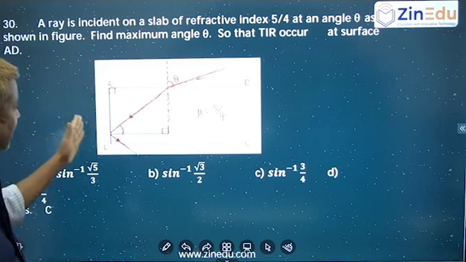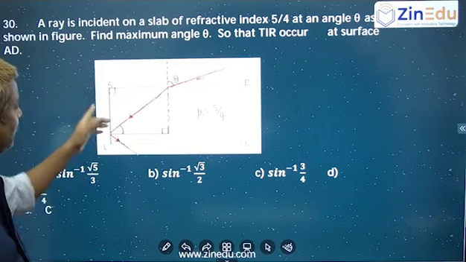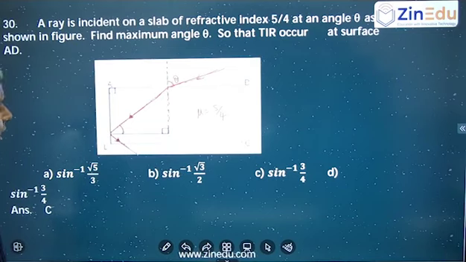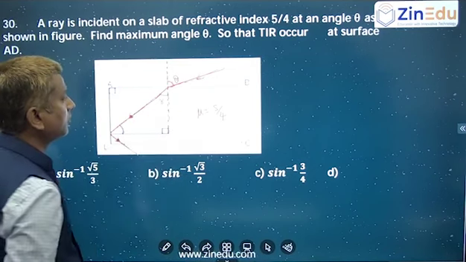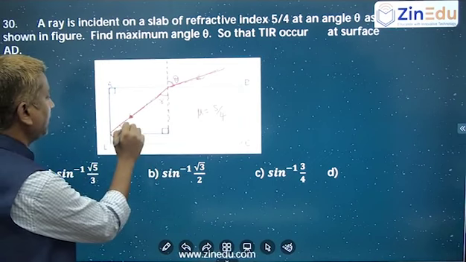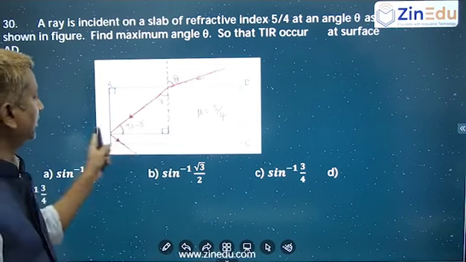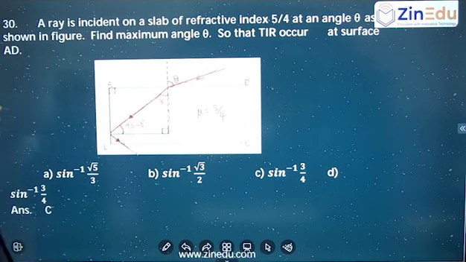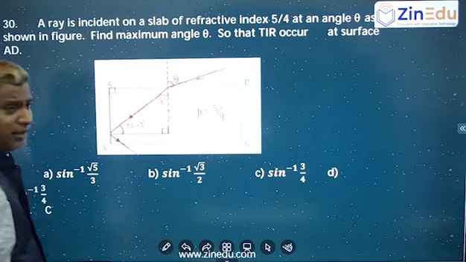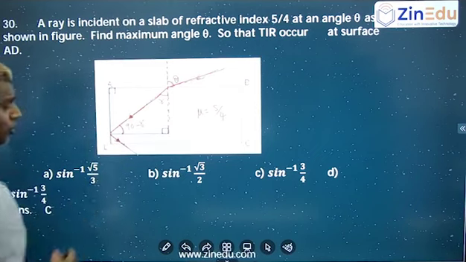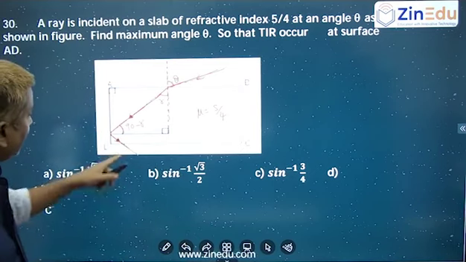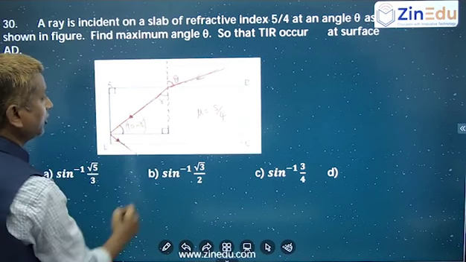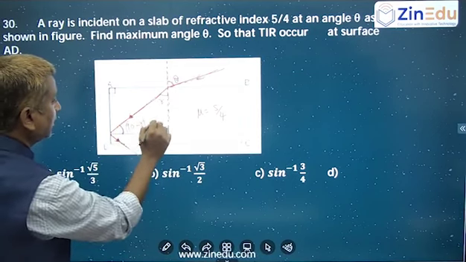Because it's coming from denser to rarer, whenever it is going from denser to rarer, there is a chance of total internal reflection. Okay, maximum value, right? So at a particular value of this, you will get some value here, r, and here you are going to get 90 minus r, right? Because this is a triangle, so 90 minus r. So if you keep on increasing this, this will get increased, so this will get decreased. So there is no chance of total internal reflection, right or not? So for a particular value of theta, this should become the critical angle theta c.